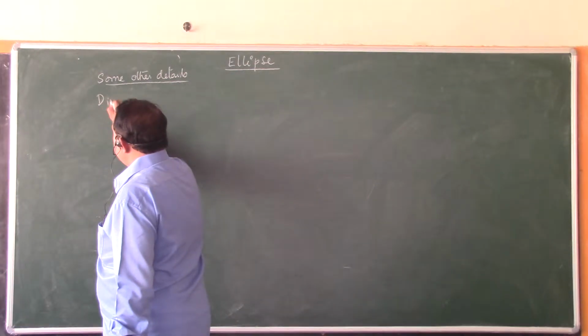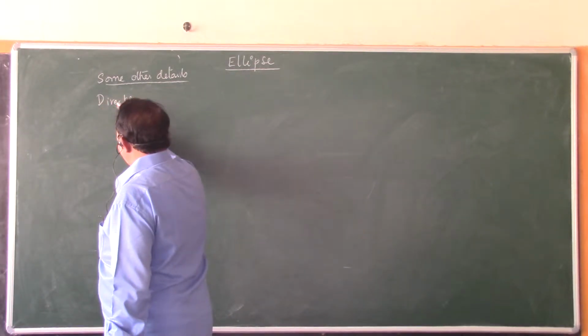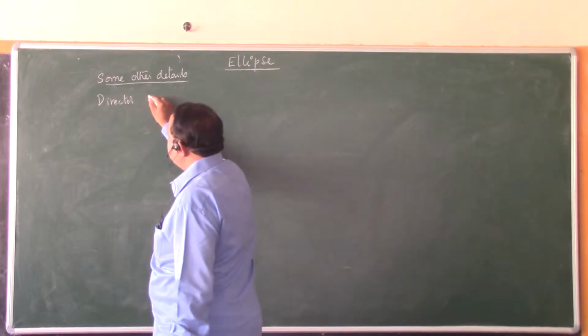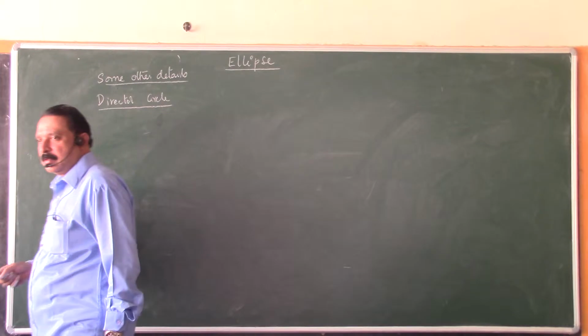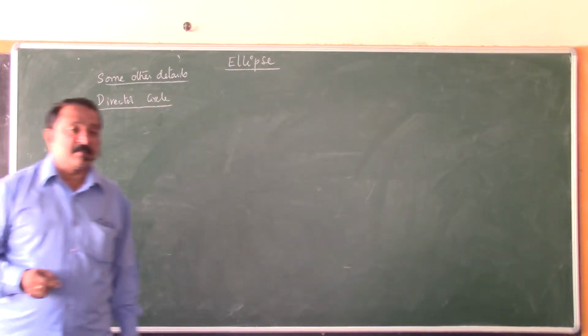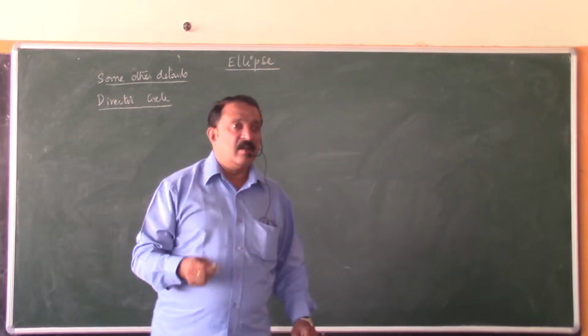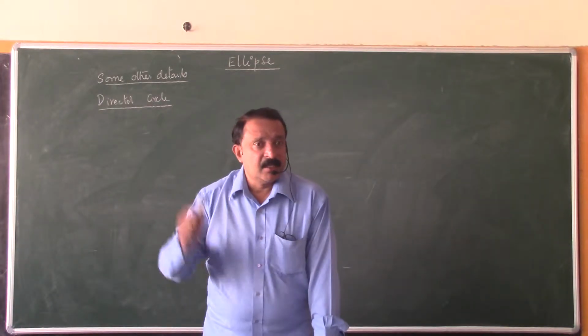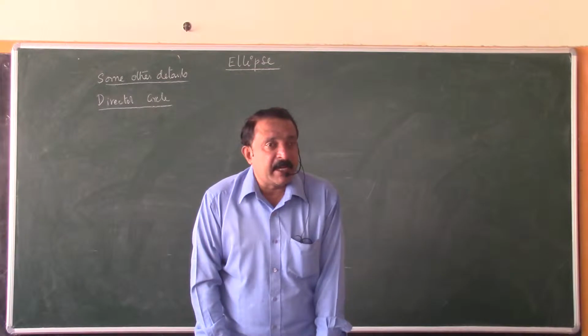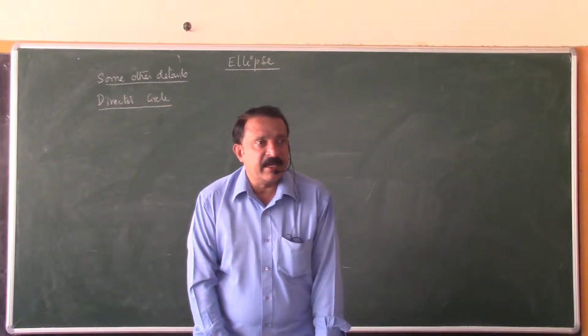An ellipse will have a circle called the director circle. Now let's understand what is meant by the director circle of an ellipse. We understood what the major auxiliary circle and minor auxiliary circle are. So here we are now understanding what is meant by the director circle of an ellipse.